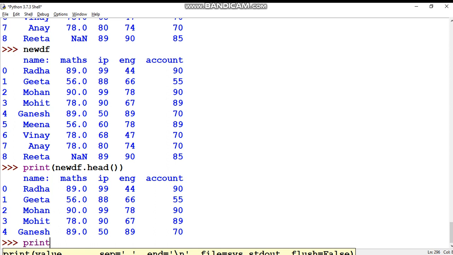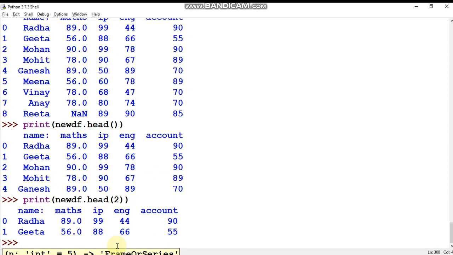Now another one I'm going to show. You can see here new df dot head, and suppose you want to see only 2 rows. So just pass 2 as a parameter of this head function. So the first 2 rows will display, meaning rows 0 and 1 will display here.